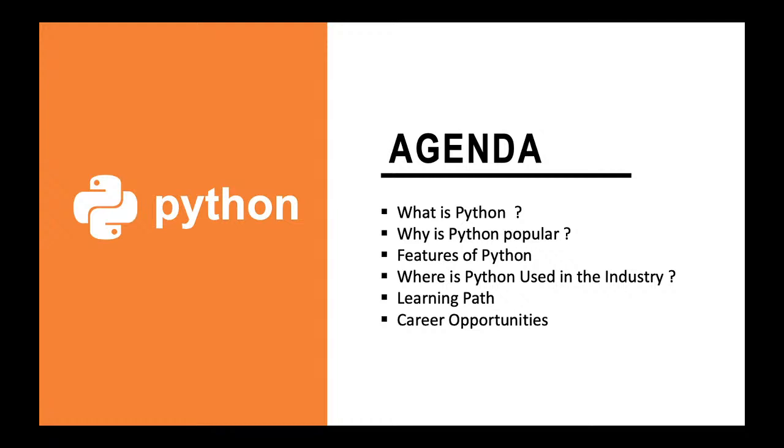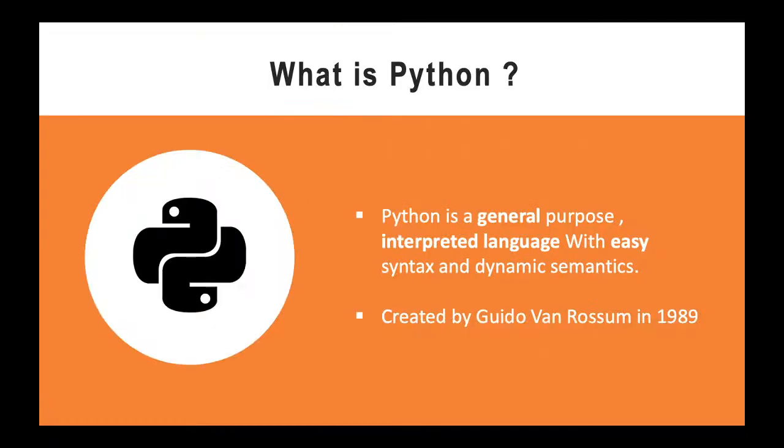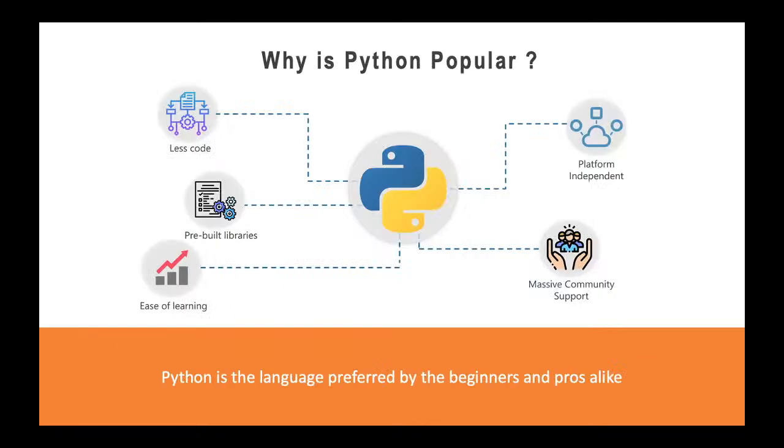Cool. So what is Python? If we define it again, it is a high-level dynamic programming language which is interpreted, right? There is a difference between compilers and interpreters, but we are not going into all those things, okay? This was created by Van Rossum in 1989. There are a lot of things in Python which make it very popular. It is one of my favorite languages too. There are many features which make it both very complex and very simple, you can say.